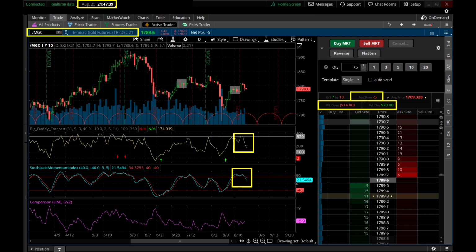So this is the E-micro gold. Gold continues to be the place to trade, guys. It's not in the S&P 500. Hate to burst the bubbles of the people out there. But the gold is where the play is. You can see that